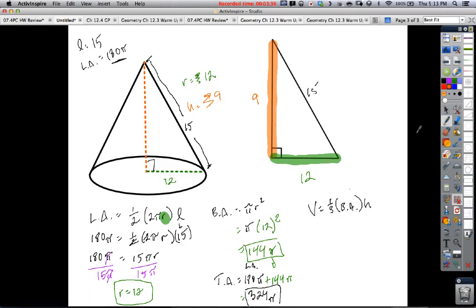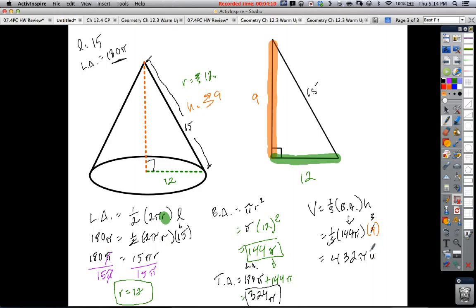And you know what? Oh, I know my base area. I found my base area over here was just 144 pi. Okay, 1/3 obviously doesn't change. And then my height is 9. I'm going to do a little trick here. The 1/3 and the 9 can kind of cancel out. I get a 1 and a 3. And 3 times 144, I'm not going to lie, I'm cheating a little bit here by looking at the book, is 432